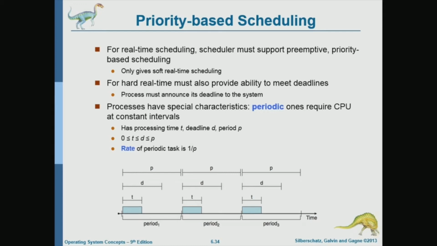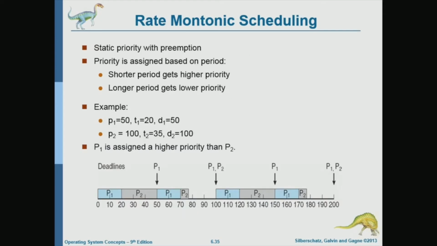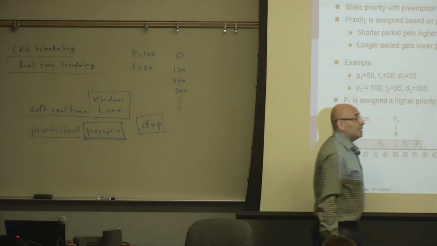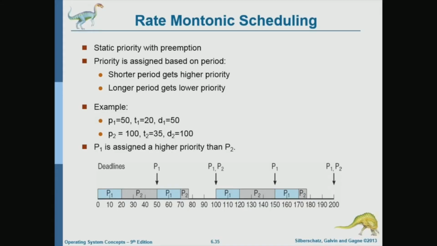Okay, so we will be looking into two different algorithms. The first algorithm is rate monotonic. Rate monotonic scheduling is a scheduling algorithm for real-time processes that basically says processes with shorter periods should get higher priority. So if I have multiple processes in the ready queue, I'm going to give the CPU to the process with the shortest